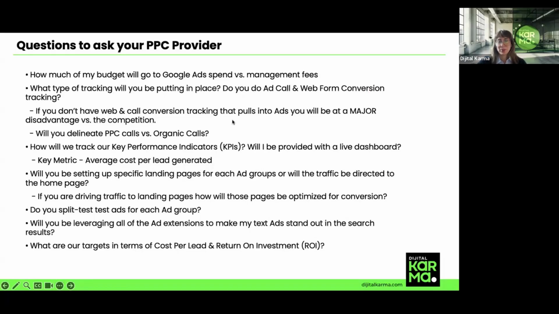All right, we already talked about KPIs, and you also need to question them: are you running tests and optimizing the campaigns continuously? Ask whether they are A/B testing your ads, different headlines, different calls to action or offers, different visuals like photos and videos.